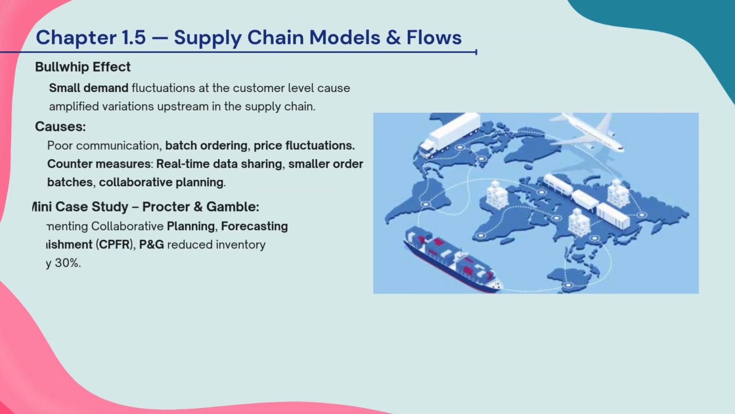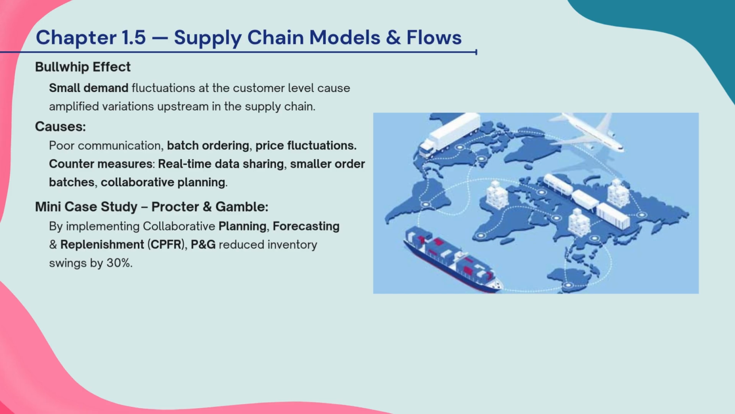The bullwhip effect happens when small changes in customer demand create big fluctuations in orders at supplier and manufacturer levels. This happens due to poor communication, bulk ordering, and price changes. It can be controlled by real-time data sharing, smaller and more frequent orders, and collaborative planning between partners. For example, Procter & Gamble used CPFR with retailers and reduced their inventory by around 30%,